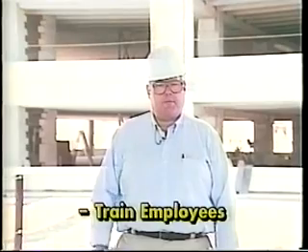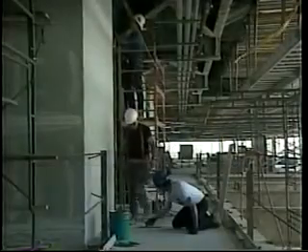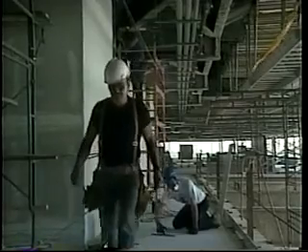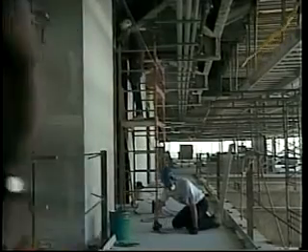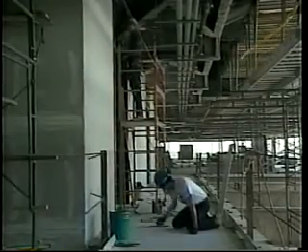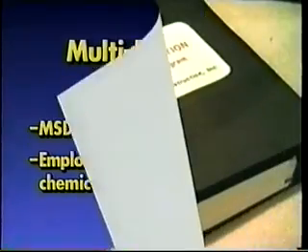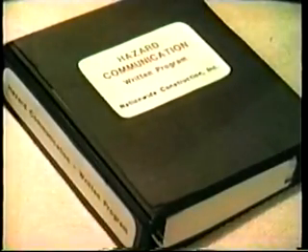they can protect themselves. If the construction site is a multi-employer job site, employers who have workers exposed to hazardous chemicals brought on site by other contractors must also make sure that MSDSs are exchanged or otherwise available for access by all exposed employees on site. Also, workers must be trained on the hazardous chemicals used by other contractors' employees who work around them. And, of course, how the contractor will go about getting this done must be written down in the written hazard